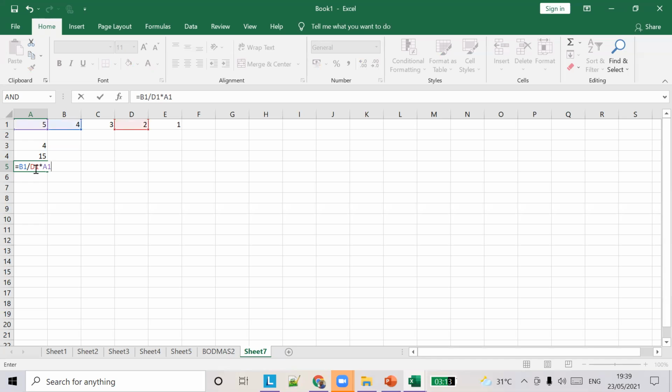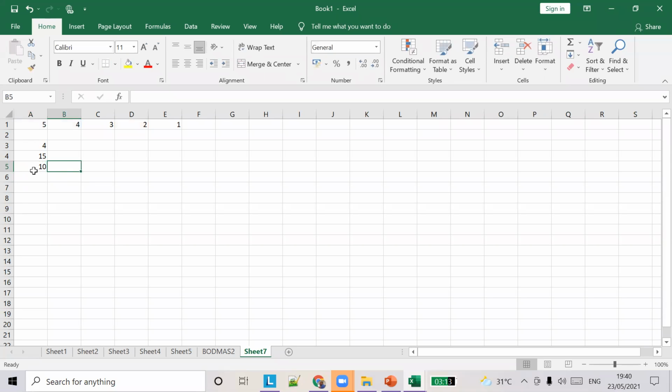It's difficult to calculate in the mind because of the decimal point. So 5 divided by 4 comes first, that is 1.25 into A1, so 1.25 into 2 is 2.5. Sorry, that's wrong.